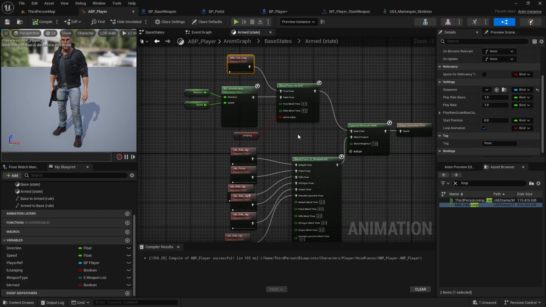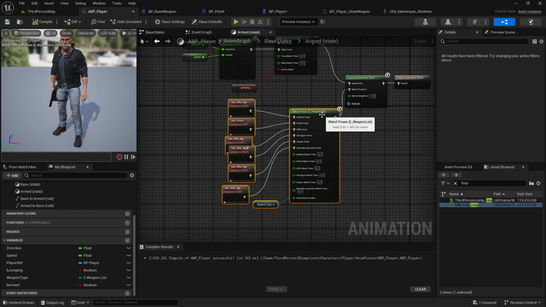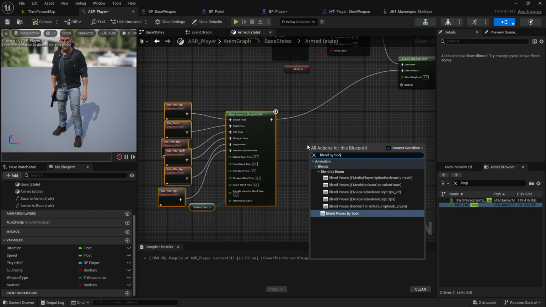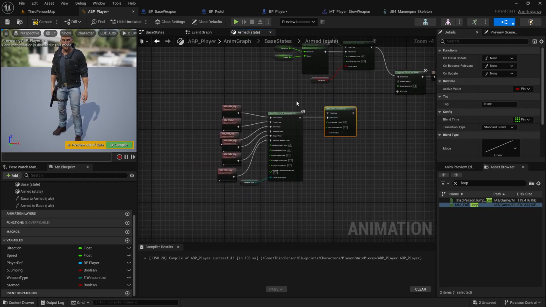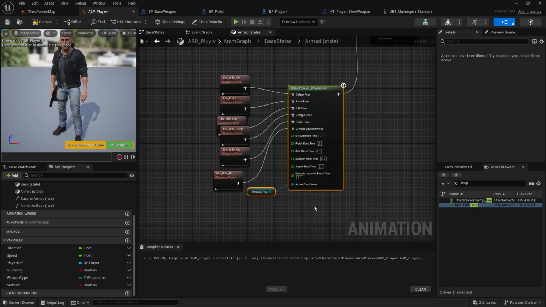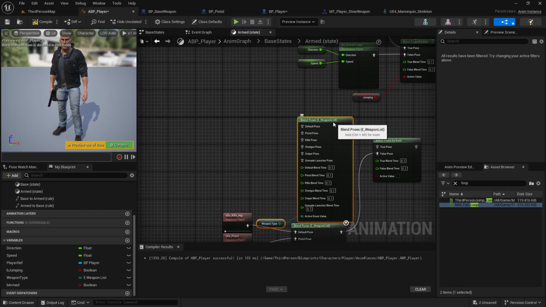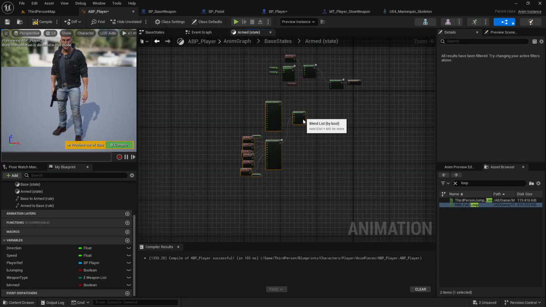We're going to keep this section of it, but we can blend based on a bool this section. So we'll blend by bool. This will be our false because we're going to blend based on whether or not we are aimed. We'll copy this because we're going to do different ones based on which weapon we're holding. And it looks like it gets complicated, or it looks like it gets to be a lot, but it's really just a